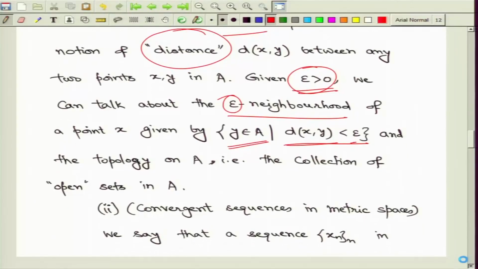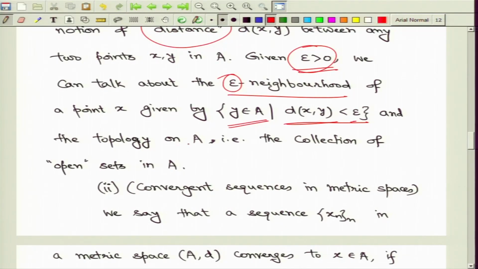But once we understand these neighborhoods, we can further discuss the topology on this non-empty set, and the topology is essentially described by the collection of all open sets. Now, again, what are all the open sets? It is that for each point inside such an open set, we should have a neighborhood which is completely contained inside the set. So, that is the notion of open sets that we again extend from our understanding of